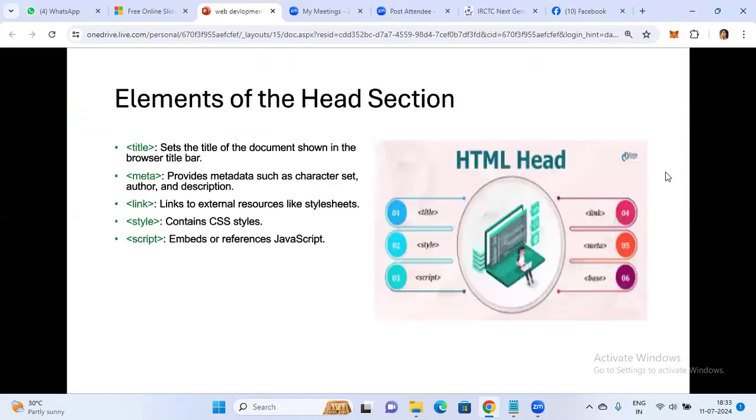Thanks. So now let's talk about the elements of the header section. We have already seen different types of layers, right? Let's see what the header section is. Basically, head is related to the title. So title, link, style, script are the elements we have.